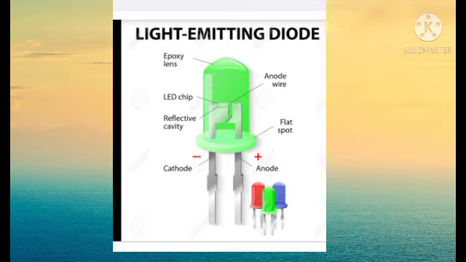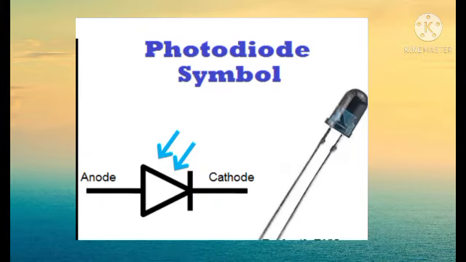The one more type of diode is light emitting diode, which we are commonly using for the decorating purpose or in an indicator. It is available in different colors and different shapes. There is one more diode which is commonly used, that is known as photodiode. It works on the photo, means light. It converts the light energy into electrical energy. Figure shows the symbol and the construction of photodiode.